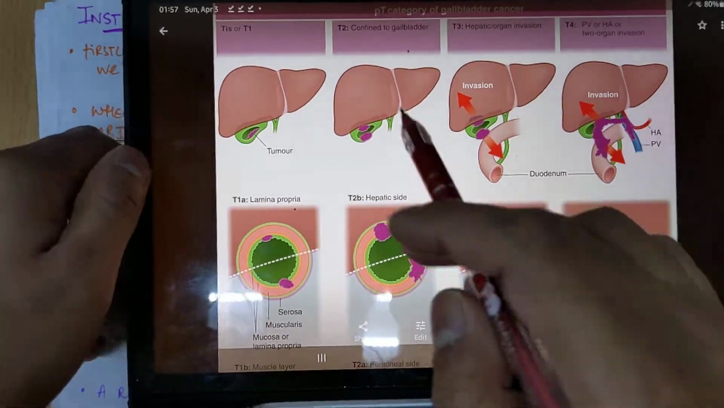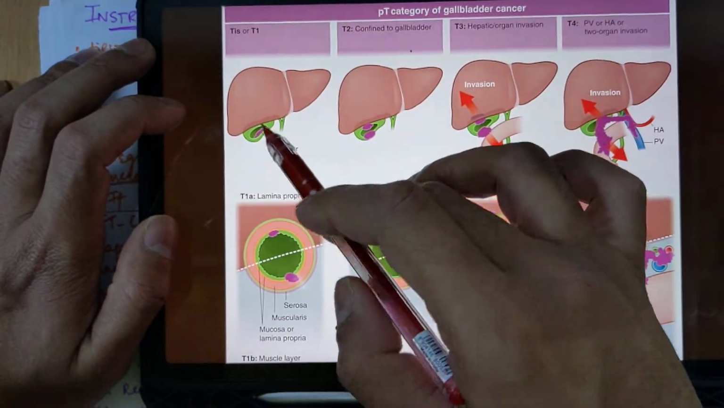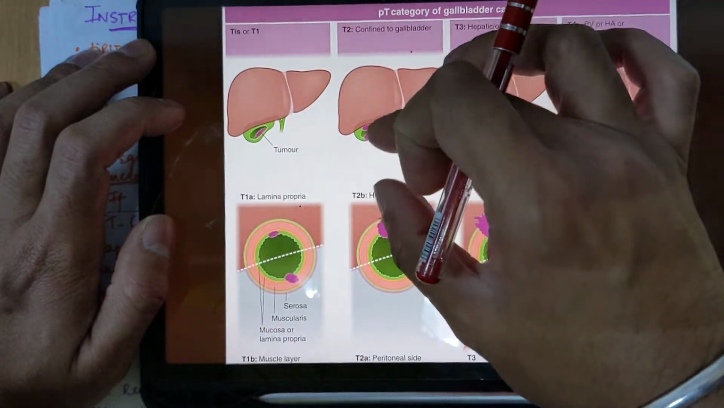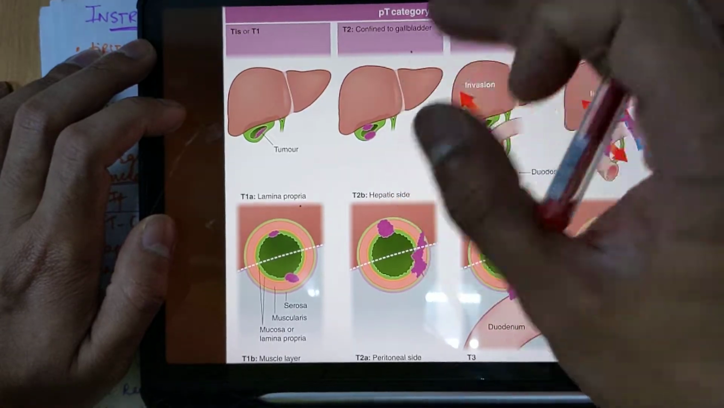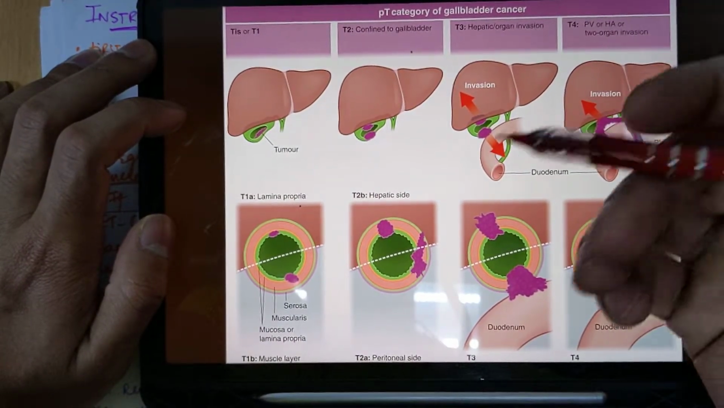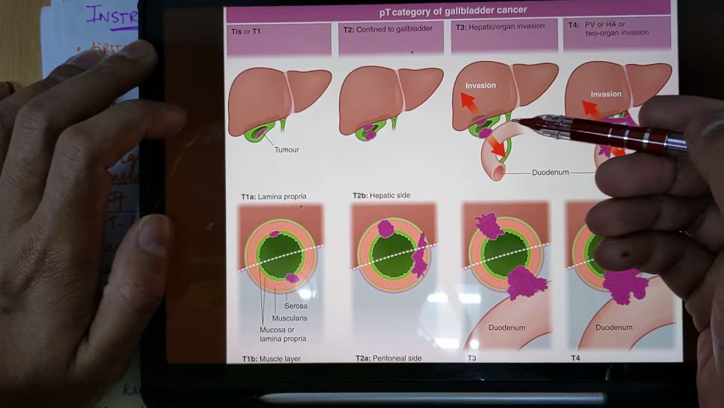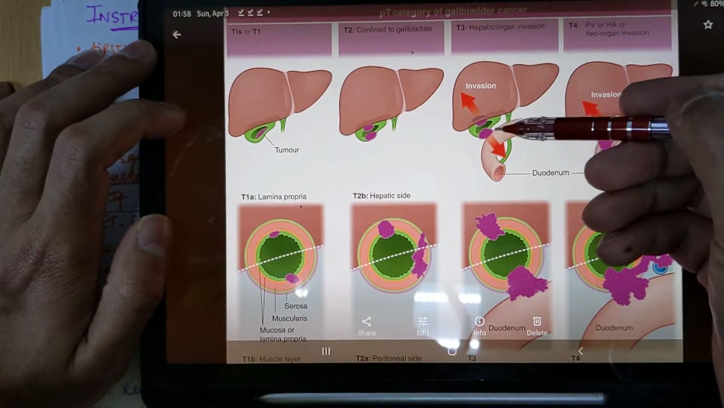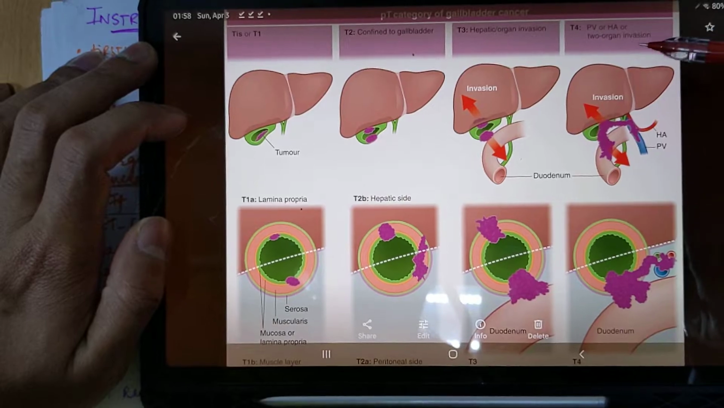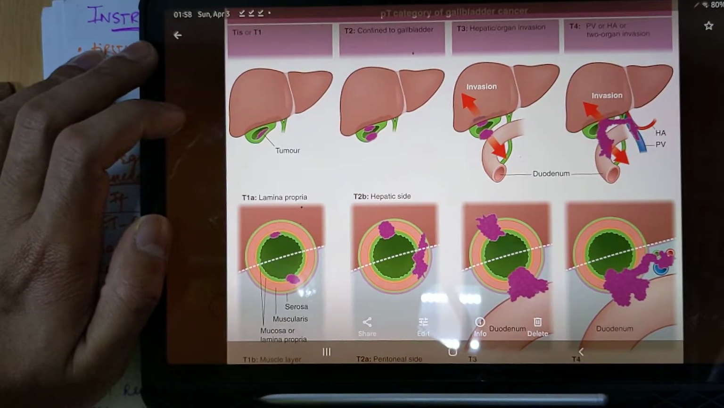And here you can see the stages of gallbladder cancer. So T1 is the first stage, in which it is confined only to the gallbladder, and in the second stage, the progression is again inside the gallbladder, but it is increased. Okay, and third, it has hepatic invasion, or you can say it goes inside the liver, so the metastasis to the nearby organs. And if in the fourth stage it goes to two or more nearby organs,